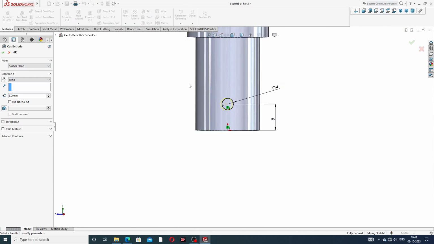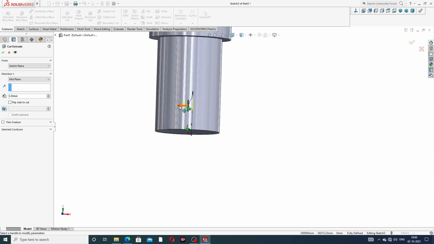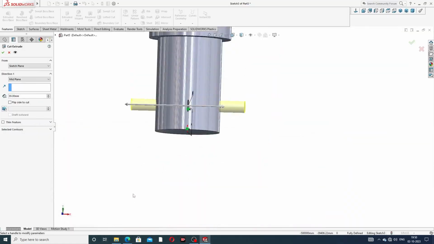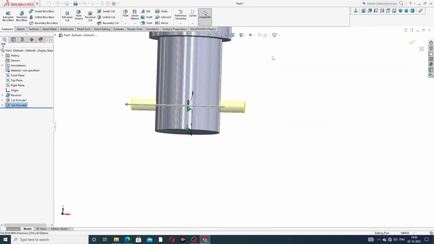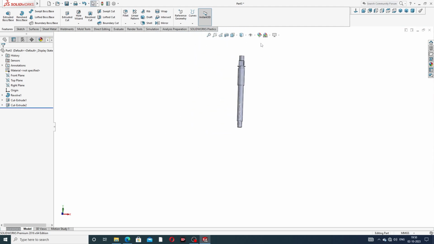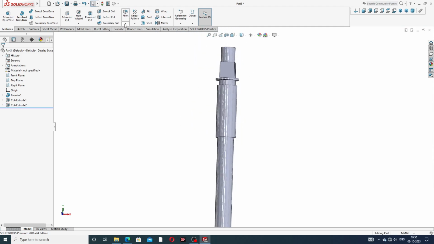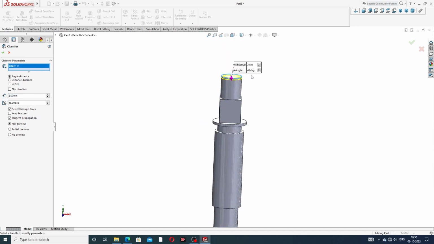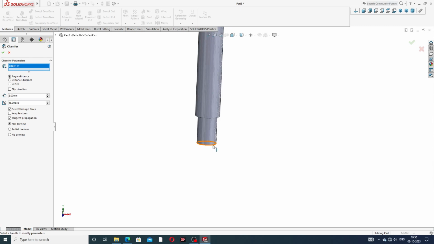Extrude cut is a mid plane, and use a, going to this, and this is a 39 millimeter, because this is a 39 millimeter is this, and okay, okay, and use a chamfer. Chamfer is this 2 millimeter and 45 degree angle, both sides, this first, and this use a, click a